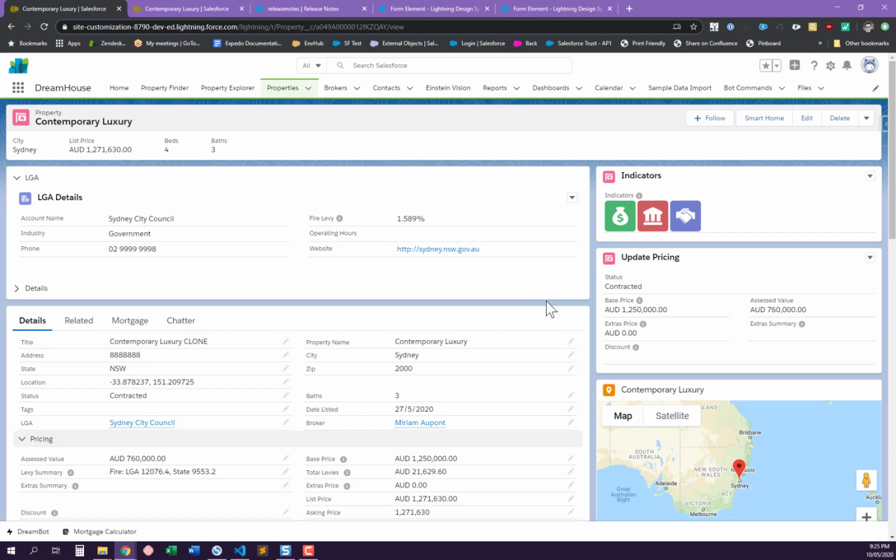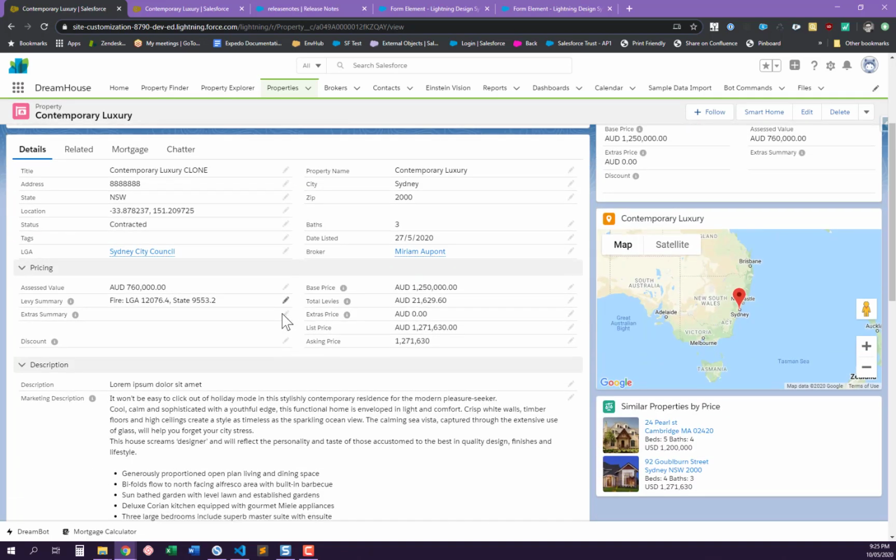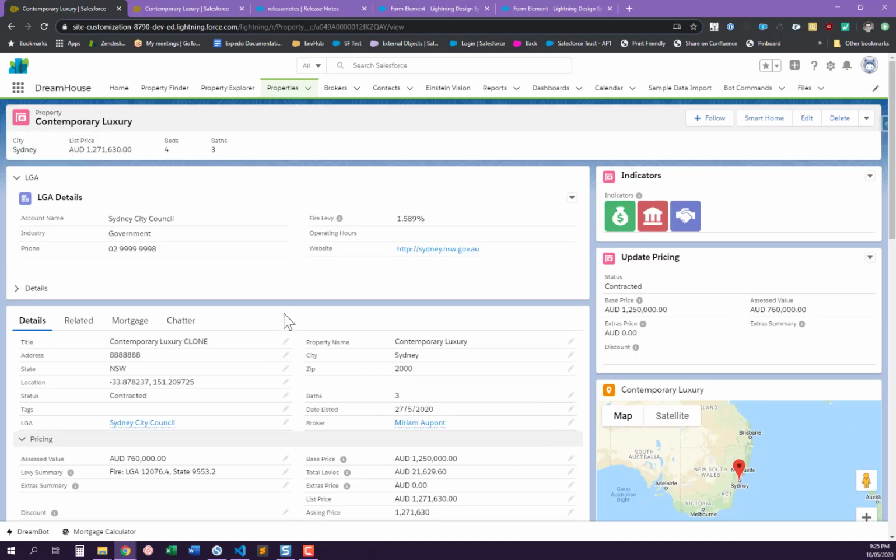And then I've modified this even more. Some of the things that I've done on this page are things that I have done for different clients over the last few years whilst we've been waiting for dynamic forms to come. This is the property object, and it has a lookup to the account record for the